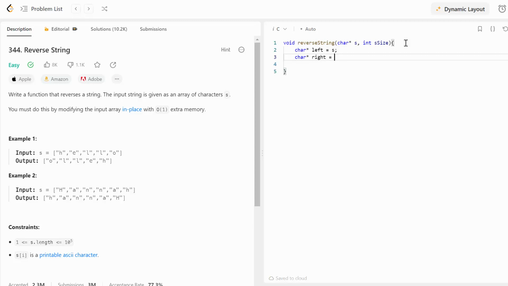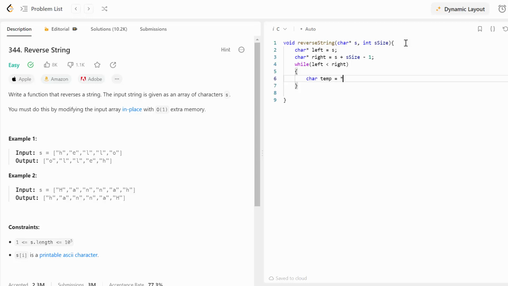To create this pointer we need to add to the pointer s size minus 1, and then we are going to create our while loop, and until left is smaller than right we are going to swap elements of our string. So create a temporary variable.